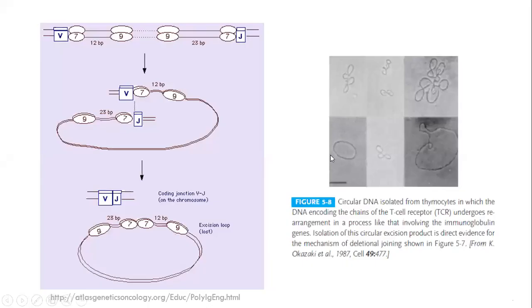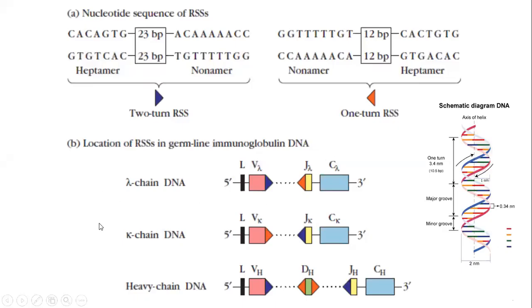Coming on to which chain should be transcribed when: the heavy chain can combine with the kappa chain, and it can combine with the lambda chain. This combination of heavy and light chain gives one more variety of immunoglobulins. How will it happen, and when should V be transcribed, when should D be transcribed in a given heavy chain? There is developmentally regulated gene expression.